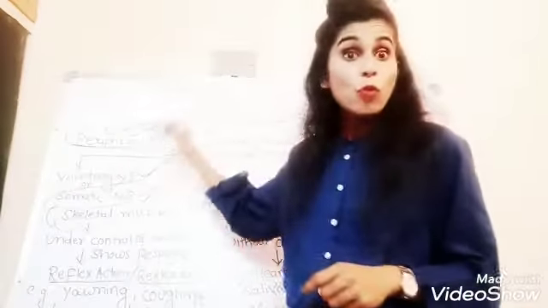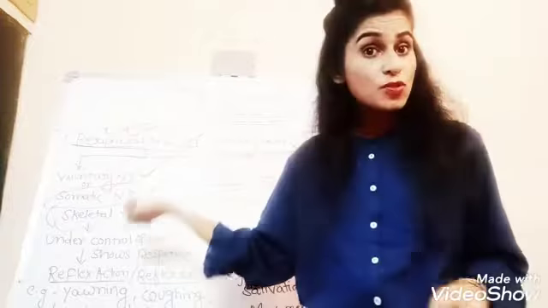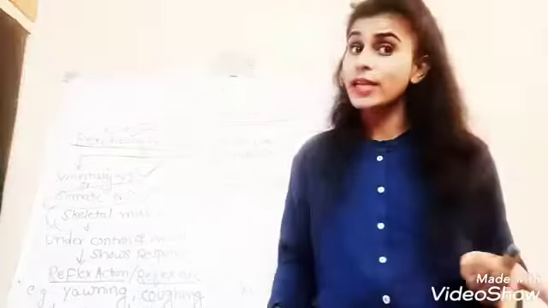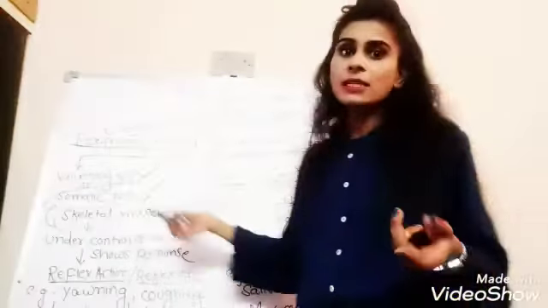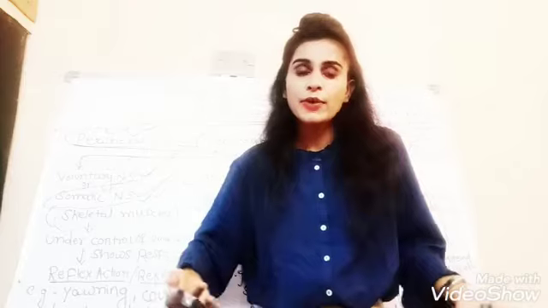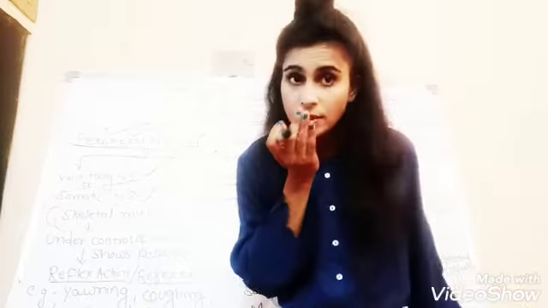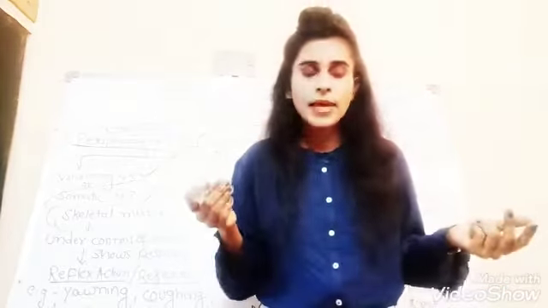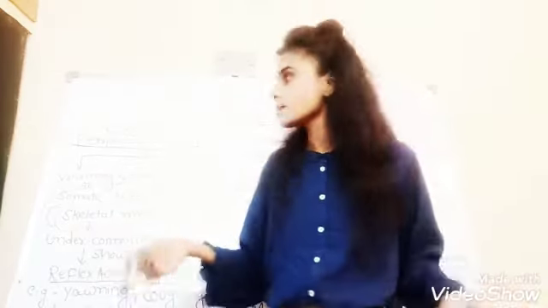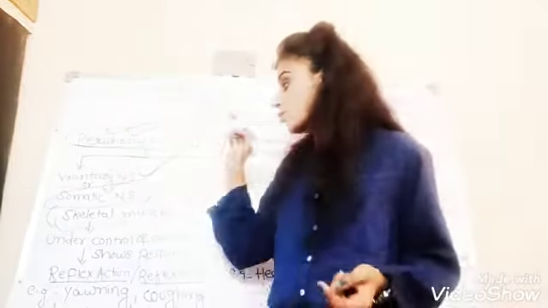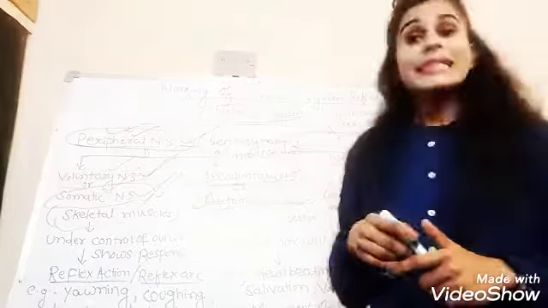So first let's see what is this voluntary nervous system or somatic nervous system. As I told, it deals with the skeletal muscles, whatever skeletal work we are doing. Coughing, sneezing, blinking your eyes, all these come under your voluntary or somatic nervous system. That means